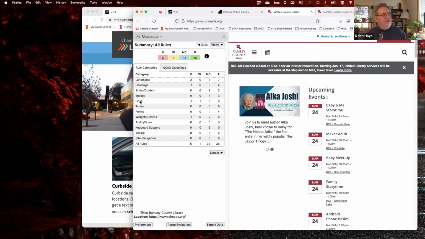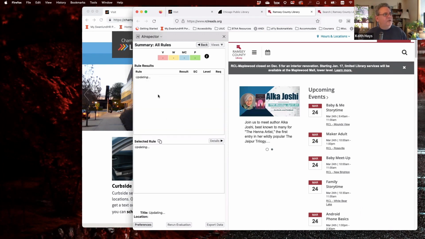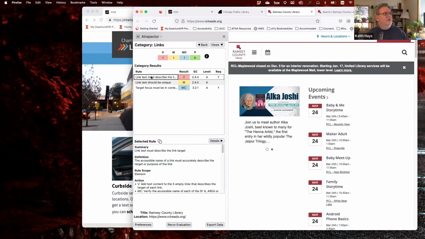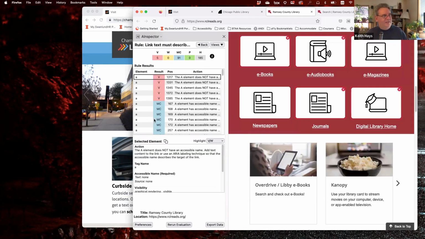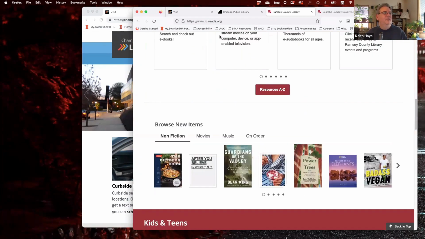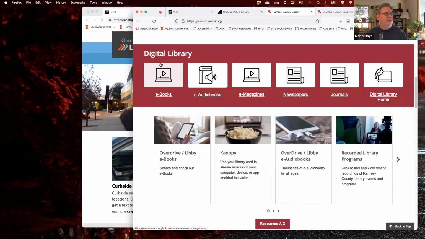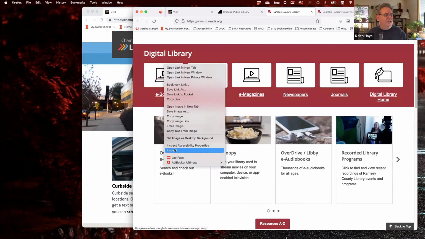Pretty good on styles and content. Something going on with links. What's going on with our links? Link text must describe what the link does. So we have some links here that don't have any descriptive content. The person's not going to know where to go. If I take a look at these in the code,